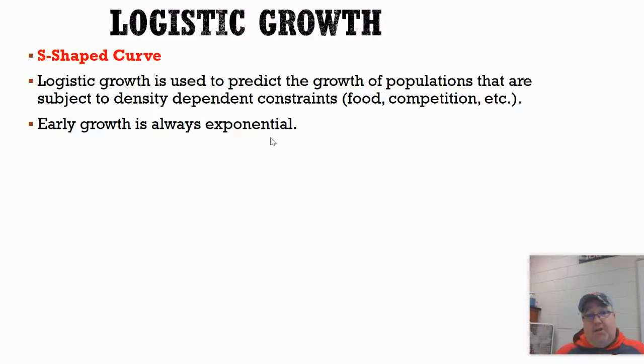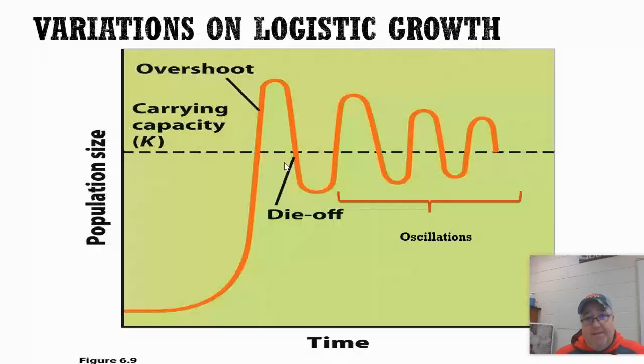All right, so logistic growth, again, it's an S-shaped curve. Again, it's used to predict growth anytime we have these density-dependent limiting factors that are kind of constraining the population and putting pressure on that population. But again, early growth is always exponential until it reaches that inflection point. A few things here that are kind of interesting about